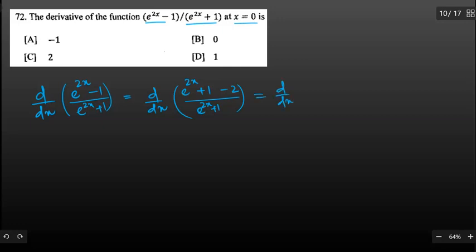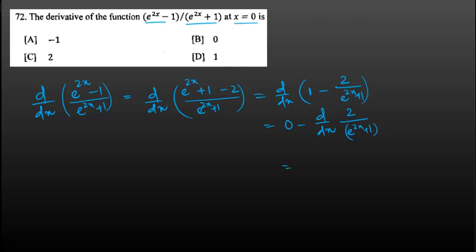which is equal to d by dx of e raised to the power 2x plus 1 by e raised to the power 2x plus 1, as this becomes 1 minus 2 by e raised to the power 2x plus 1, which is equal to d by dx of 1 is 0 minus d by dx of 2 by e raised to the power 2x plus 1, which is equal to this is 2 multiplied by,